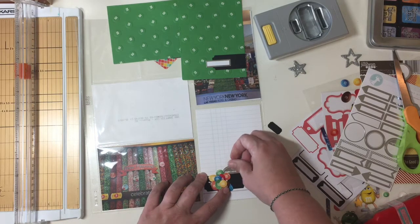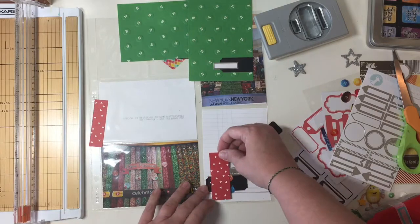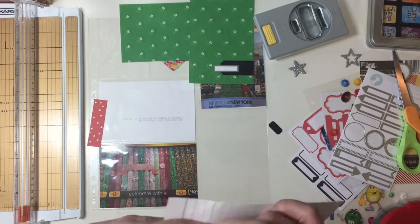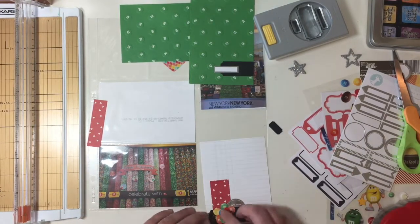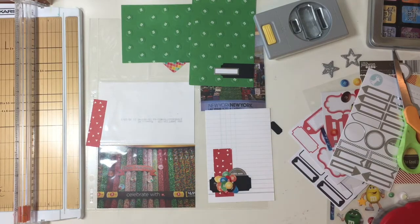So I just make sure to pull out one of these silver label stickers from Freckled Fawn, and I'm going to add this red paper that has been sitting around my desk. I believe I used it on a Coca-Cola layout most recently. So I just put that up there, and I'm thinking I have these silver label stickers, and I